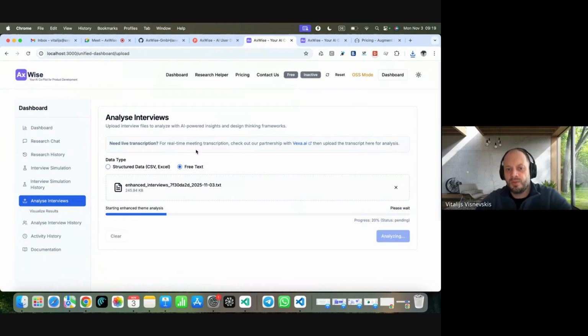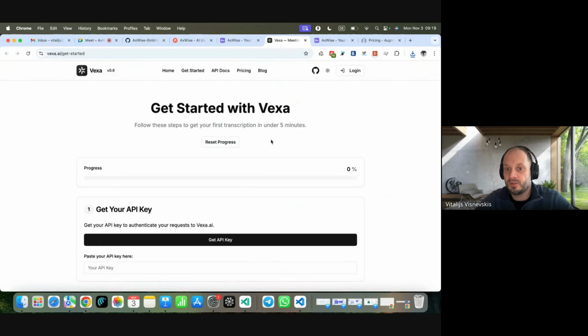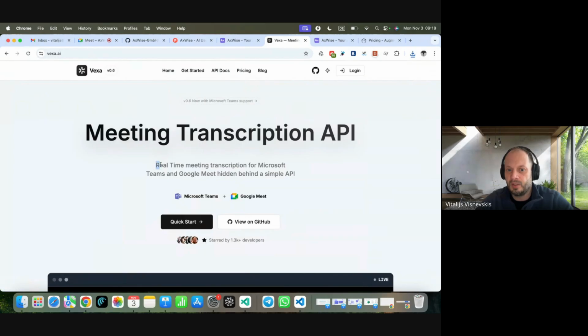Another thing I wanted to mention here is that not everyone has Google Meet with recording capabilities. You can also use Vexa. It's also open source, so you can get real-time meeting transcription for Microsoft Teams and Google Meet.